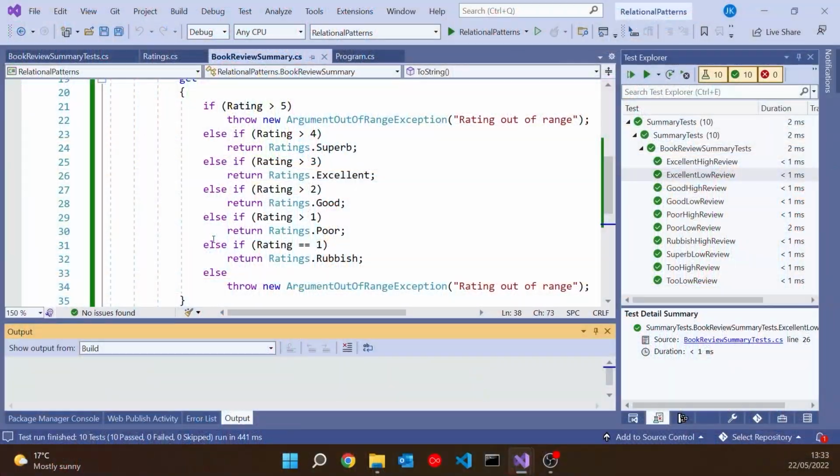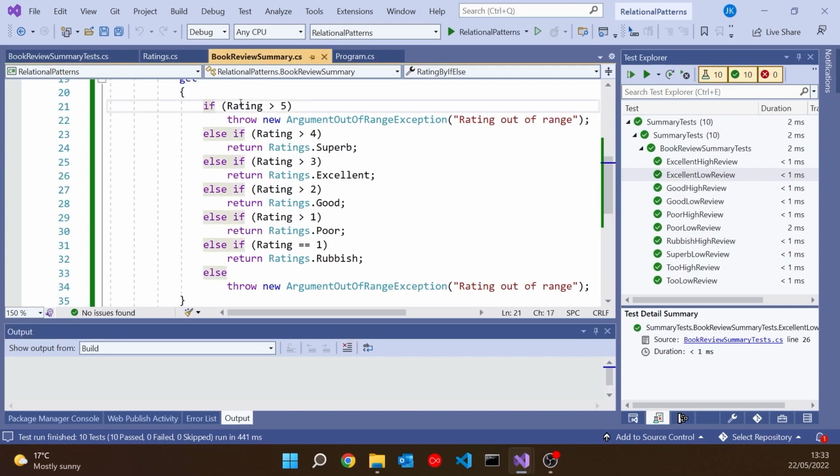But something, again, that I tell students in introductory courses is whenever you have an if-else chain looking something like that, you have a slight potential issue in terms of performance, in that although if we had a rating of greater than 4, we'd only have done 2 tests to get there. So we'd check it wasn't greater than 5, check it wasn't greater than 4, and then go in there. But if it was further down, it's got more tests to do. So a poor book is going to have been tested more times than a good book.